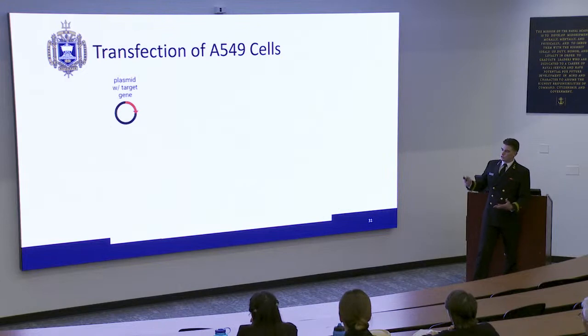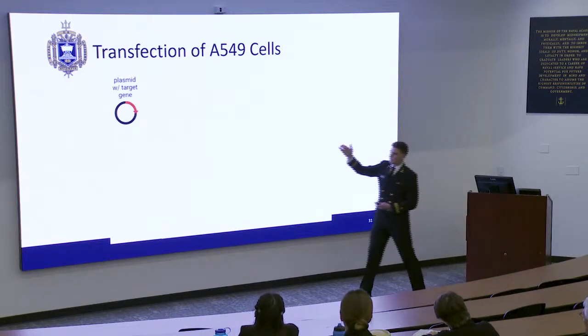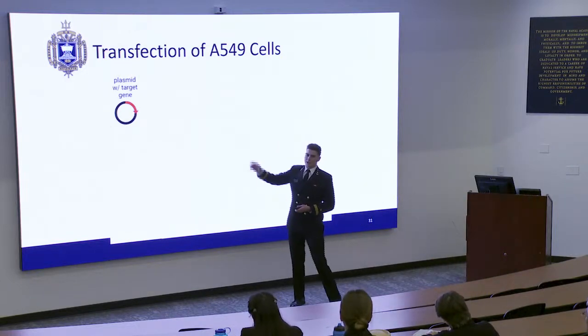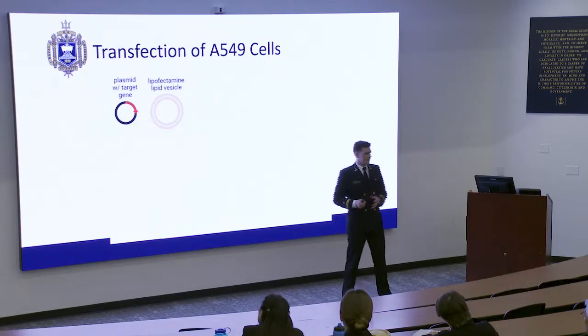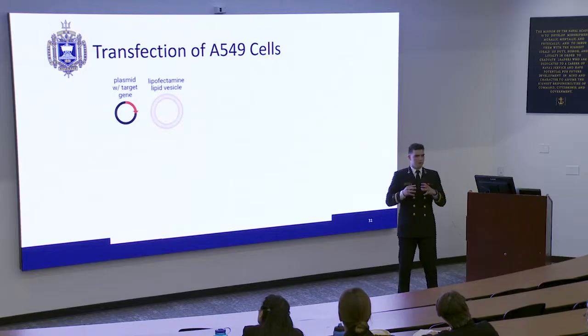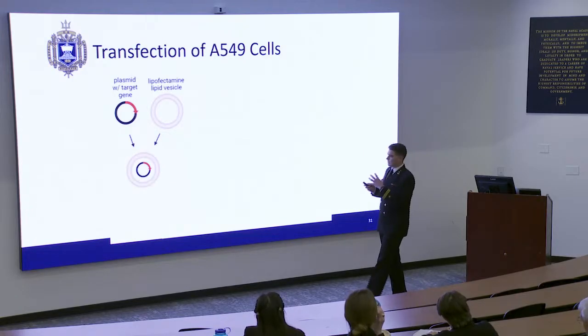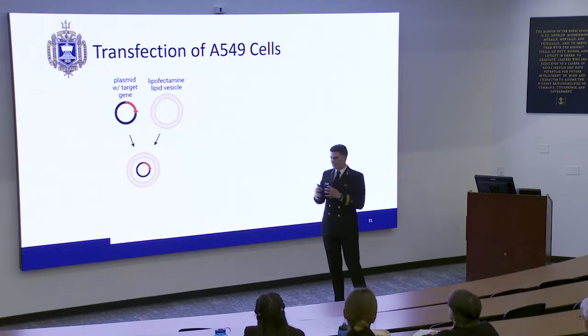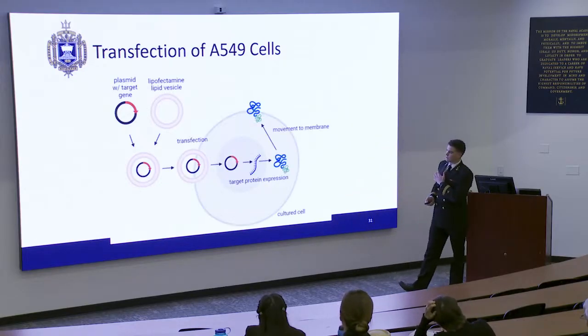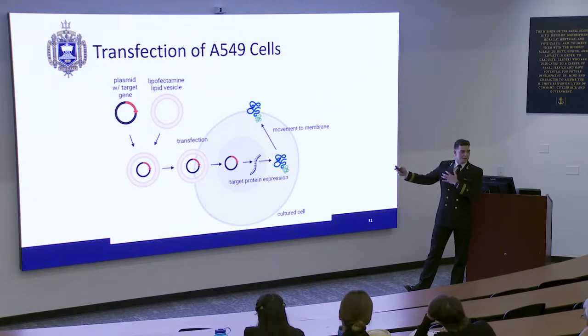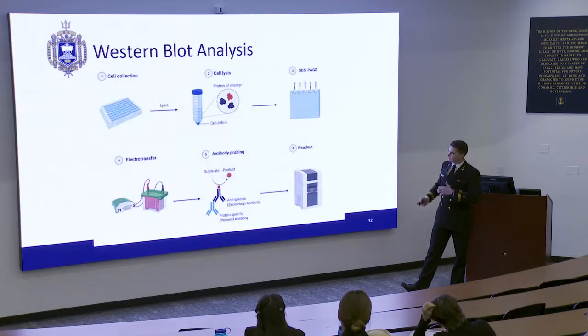And then to transfect, we take the plasmid DNA that expresses ADGRA2 in a mammalian cell. We combine it with a reagent called lipofectamine that forms a lipid vesicle around the plasmid DNA. Essentially, we have a little lipid vesicle with the plasmid DNA, and that allows the plasmid DNA to go into a cell where it can be expressed, and we can express our protein that we want in the human cell.